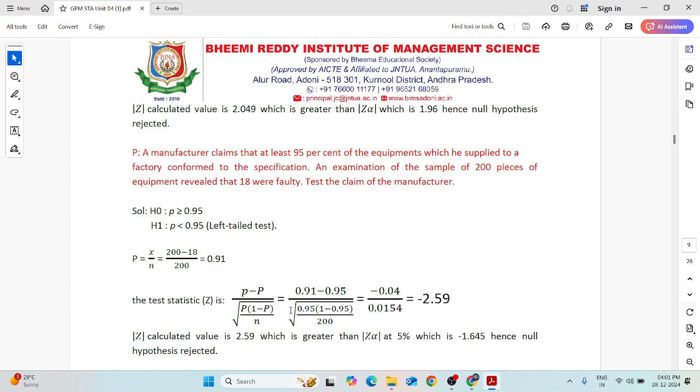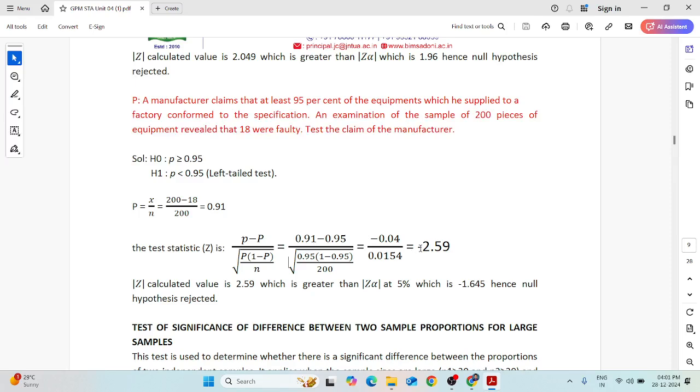By substituting the values in the test statistic Z, we get minus 2.59. So the Z calculated value is 2.59, which is greater than Z alpha at 5%, which is minus 1.645, hence the null hypothesis is rejected. If in any case the Z calculated value is greater than the critical value, then we reject the